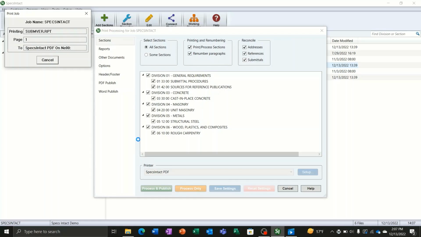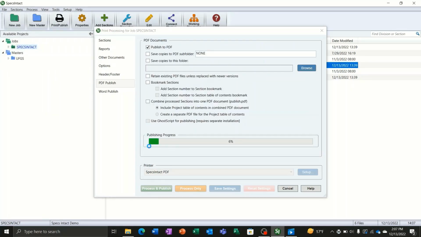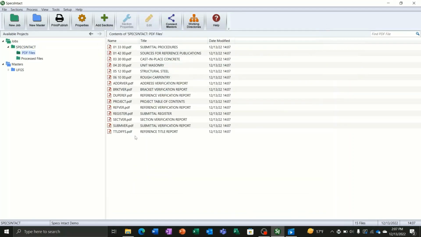And I had all those reports generated in here too, and I did that on purpose because I want to be able to show you back in the Explorer, SI Explorer, what this looks like. Okay, so underneath my project file, now it also created a new folder for PDF files. And so here are all the PDFs that have been generated. These are all the individual sections that we've indicated. And now here we also have our reports. So we can double click these reports if we want to right here, and it will bring up the PDF.